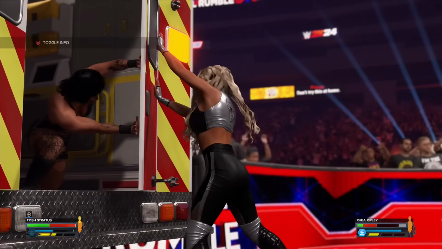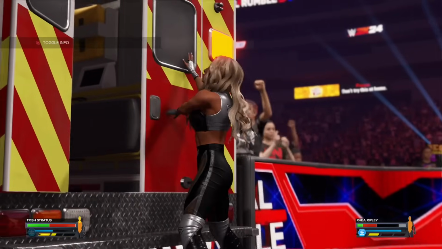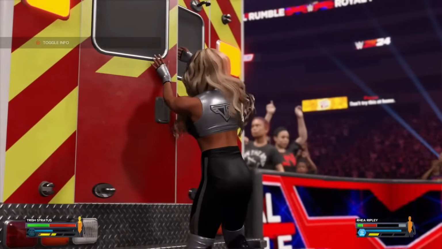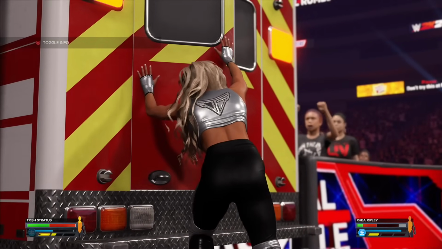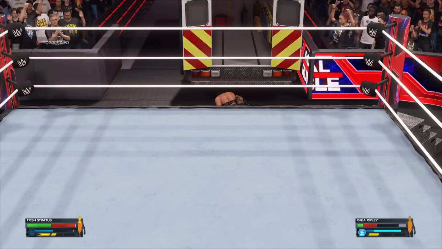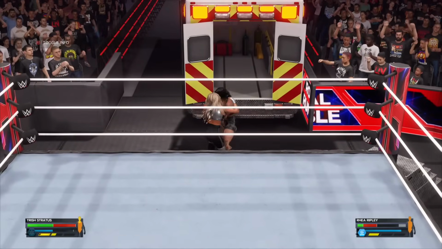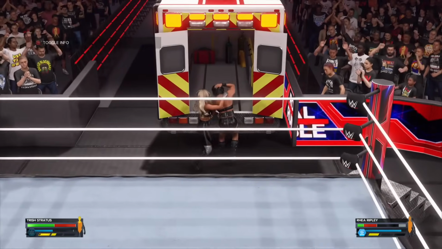If you're trying to put your opponent in it, you can Irish whip him in it, you could carry him, you could drag him, you could powerbomb him in it, pick him up, powerbomb, all that fun stuff, and get him in there, and then you have to close the door. When you go to close the door, it'll go into a button mash sequence where you have to tap as fast as you can to close the first door, then the second door,